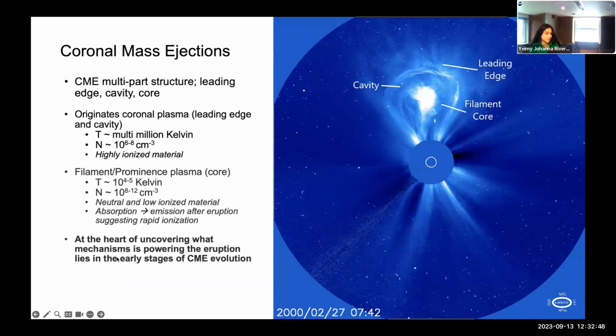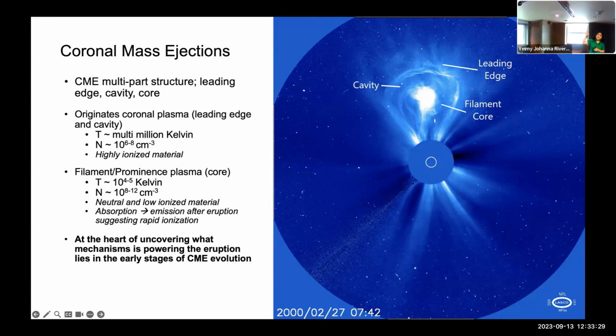So I think most of us are fairly familiar with what a coronal mass ejection is, but one of the things that I wanted to highlight in this slide is the fact that we often see the CME, at least in the white light coronagraphs, with this multi-part structure. It's not just a homogeneous blob of plasma being ejected out from the sun. We actually see a lot of structure associated with the coronal mass ejection, and we associate it with particle signatures during its passage, in situ, in particle detectors.